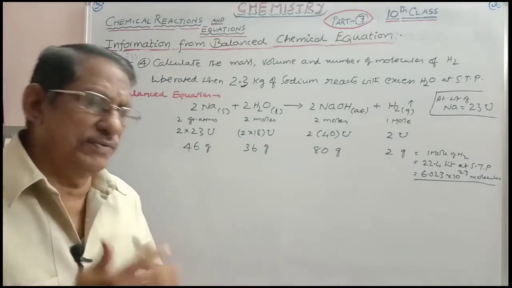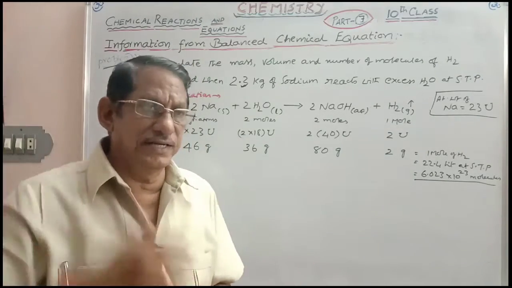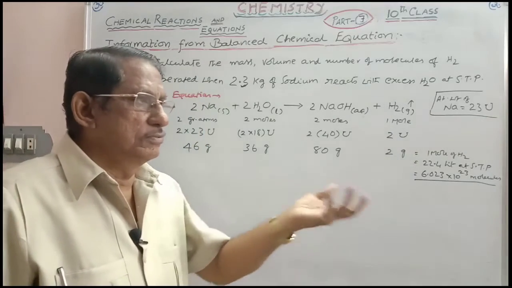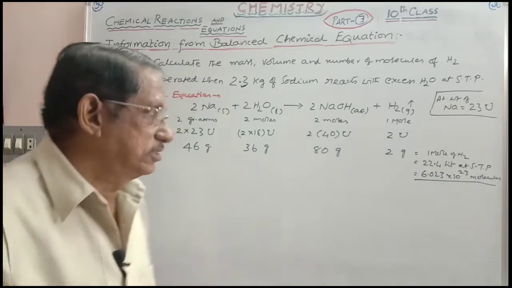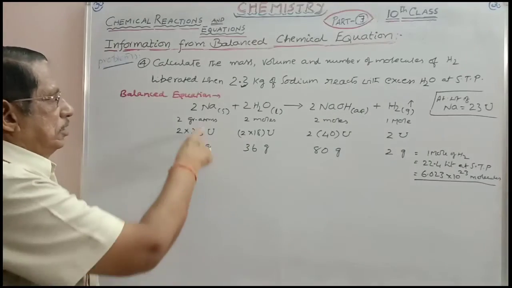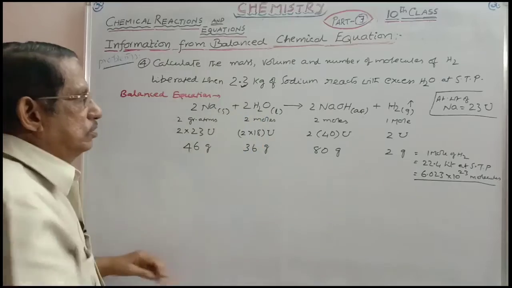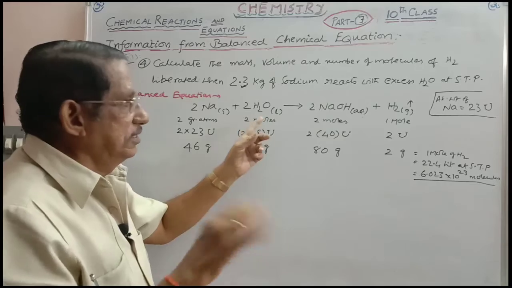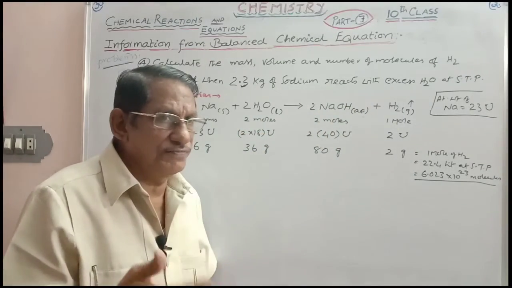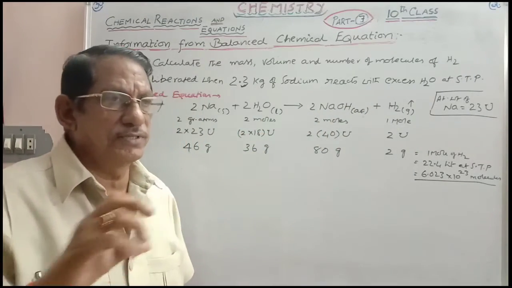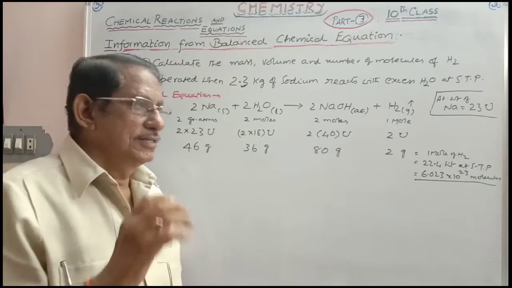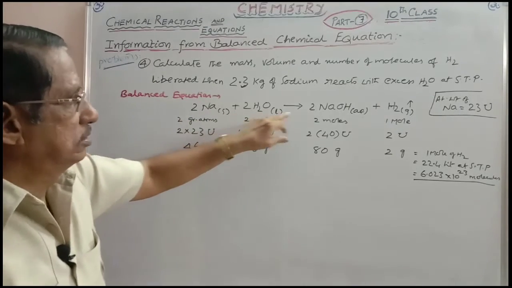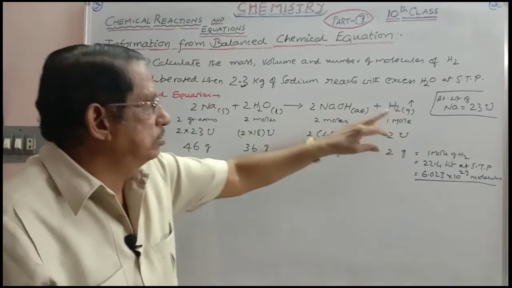Now every alkali metal reacts with water giving you hydrogen gas. That is high reactivity. Sodium plus H2O will give you sodium hydroxide plus H2. This is the balanced equation: 2Na plus 2H2O gives 2NaOH plus H2. If you write Na plus H2O, NaOH plus half H2, you need not write half in the balanced equation. A full stoichiometric equation means you have to use only integers, whole numbers. So here, 2Na plus 2H2O will give you 2NaOH plus H2.